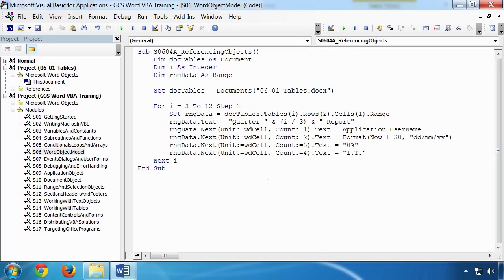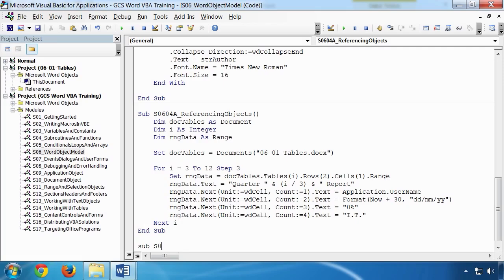Just one last thing to mention before we close this topic, and that's a couple of special objects that you can use which refer to document objects. First of all, we have the active document, which is self-explanatory. It's the document at the forefront in the Microsoft Word interface. And then we have this document, which is a special object referring to the document that contains the macro that's currently running. So let's write a quick macro which will test to see whether the macro is running in the active document or not. So I'm just going to go back to full module view